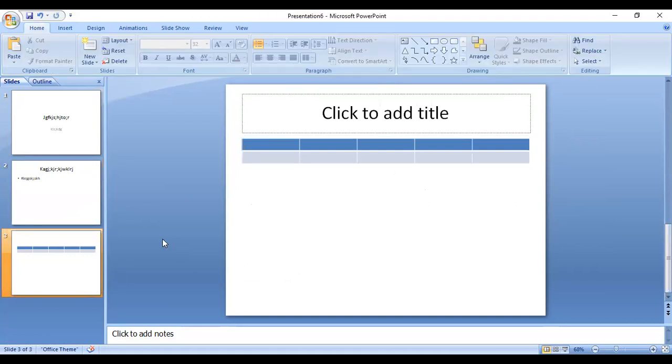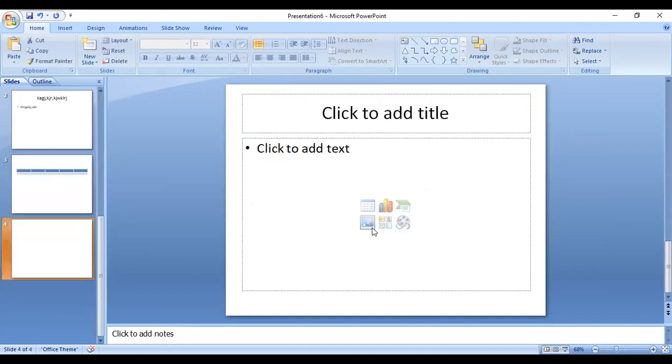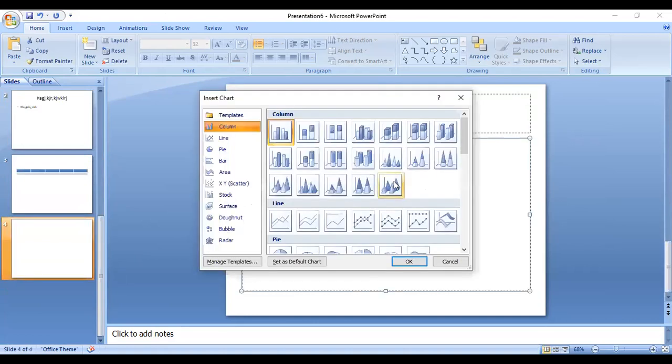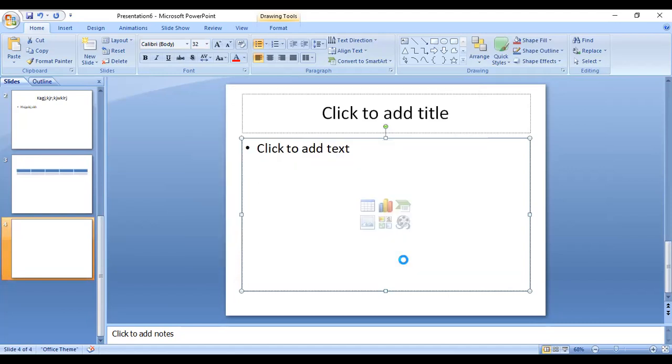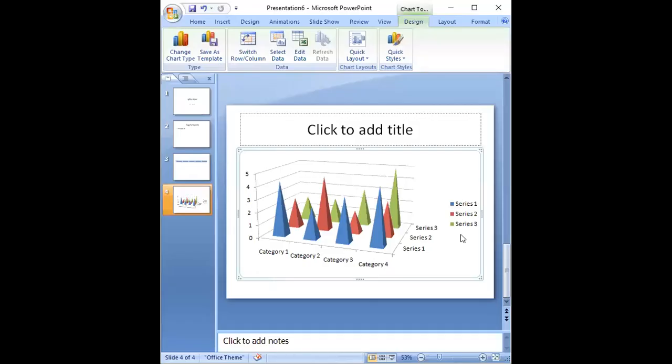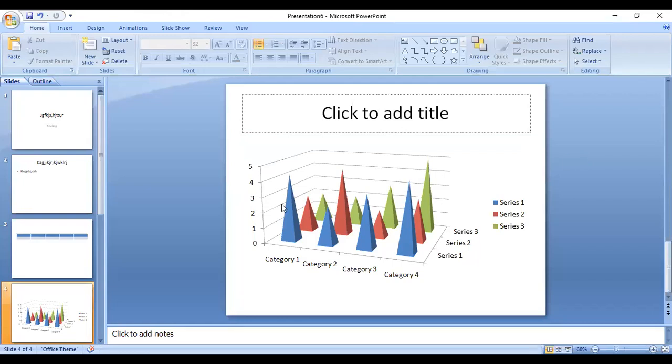You can save the presentation. Like this way, you have to create it. Also, you can add a new slide here. You can add pictures and graphs, any graph you can add here. For adding a graph, you need a table. So like this, a table will open. So like this way the graph will be there. So different ways are there with the help of which you can make a presentation. Okay, thank you.